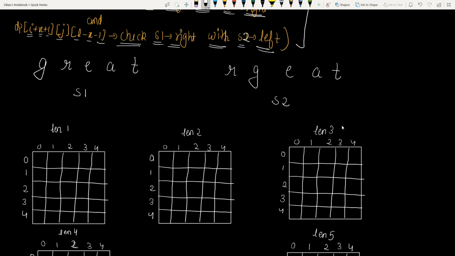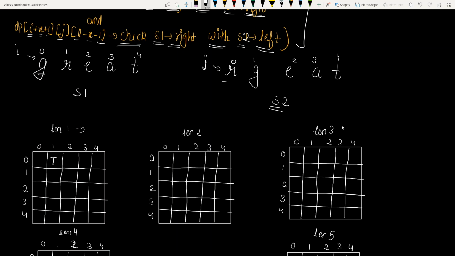Firstly we are going to fill for length equals to 1. For every character in S1, we are going to check the whole string S2, and if we get a match, then we are going to fill that position as true. Otherwise all the positions in my 3D dp are false initially. So firstly for G, let me mark the iterators 0 1 2 3 and 4, and 0 1 2 3 and 4, and this is J. Now for i equals to 0, that is character G, it is matched with j equals to 1. So i 0, j 1, we are going to make it true.